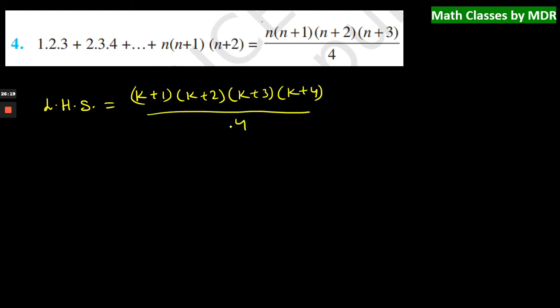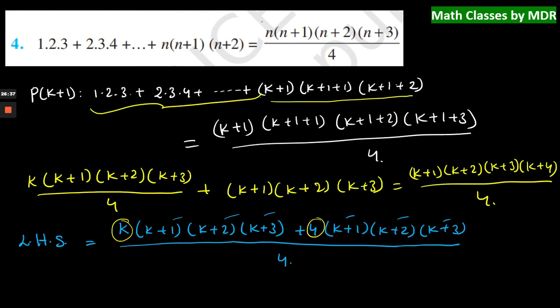So the left hand side is equal to k plus 1 into k plus 2 into k plus 3 into k plus 4 by 4. Taking all these common, we are left with k and 4, so that k plus 4 comes out here. Now it is nothing but the right hand side. It looks very complicated, but it's very easy, right? Even compared to the last 3 problems, it is very easy. It is not as difficult as it looks, isn't it?